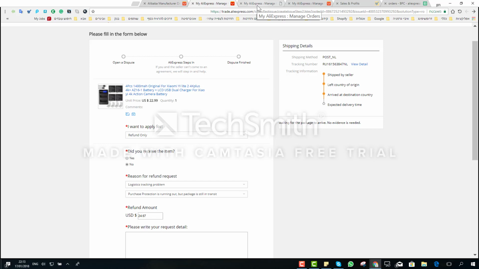So if the mistake is of the buyer, that he ordered something by mistake or something wrong, don't approve the return. Tell him this is your mistake, you need to pay for the label. Please choose the correct reason. And if this is really our problem, the seller's problem, the item arrived damaged or something like this,